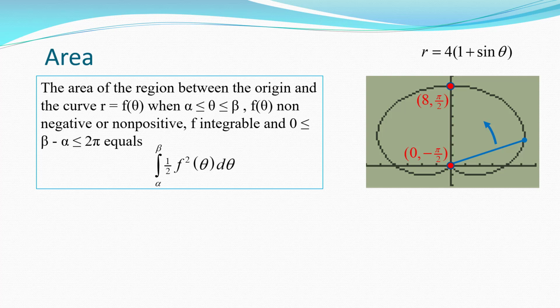Now I picked that angle range because if I start at negative pi over 2 and I let the angle increase, I'll wind up sweeping out the right hand side of that picture. The area then is just double that area. So I'll start from the angle negative pi over 2 to pi over 2. So that would mean that the area overall will be twice the integration from negative pi over 2 to pi over 2 of 1/4 times the quantity 4 plus